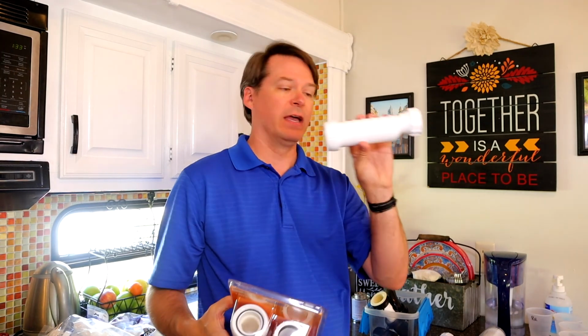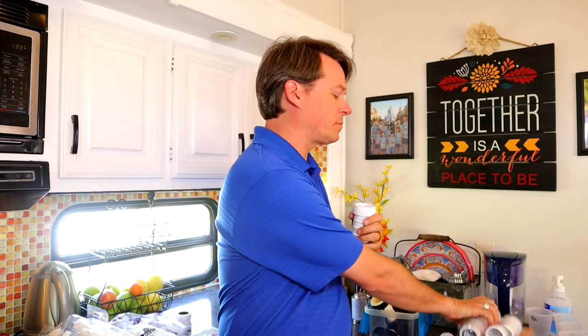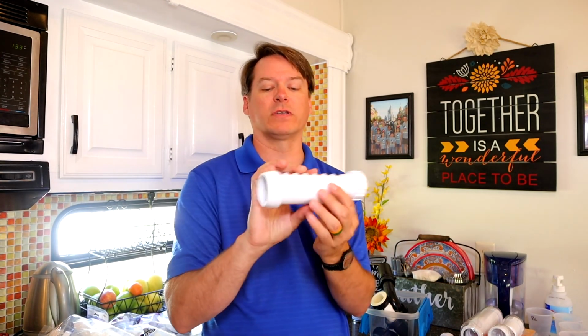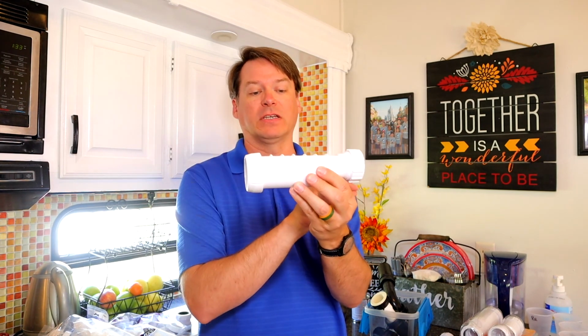As you can see on there, there's really no difference in the valve. The difference is in this one connector piece. And I got all 1.5 inches, and I'll show you why in just a second as we talk through it. The way that this valve works is inside of this pipe is basically a plastic tube that